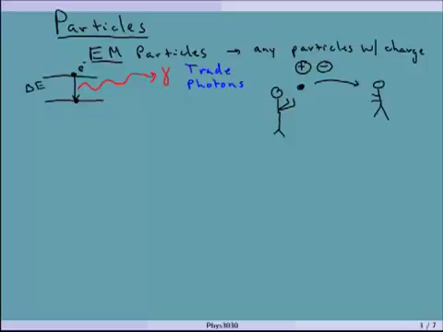Okay, and these have a name, and any particle that is one of these particles that gets traded back and forth is called a mediating boson, or for our sake, mostly just boson for short, but there are different others. There's some other bosons out there, and the mediating boson for E and M is the photon. Okay, so the photon is the big guy, the one that gets traded back and forth. Okay, and that's how these particles interact with each other.